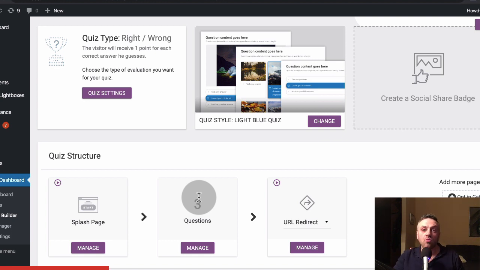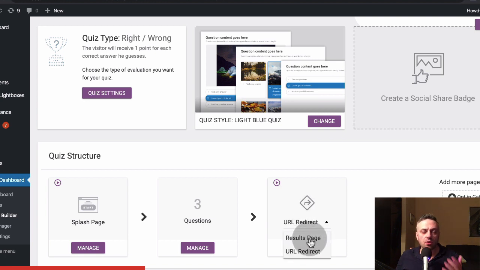I recommend 3 to 5 questions, right? Sometimes even more questions will increase the number of people that will actually go through this offer. So I like to have 3 questions. Sometimes I have 4 questions. Doesn't really matter. Well, actually, it does matter. But 3 to 4 is better than 1 or 2. And next, we have the URL redirect. You can also have a results page. But in this case, we don't really care about the results page because there's really no right and wrong